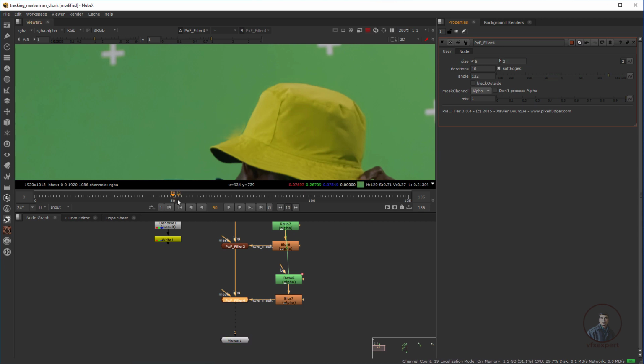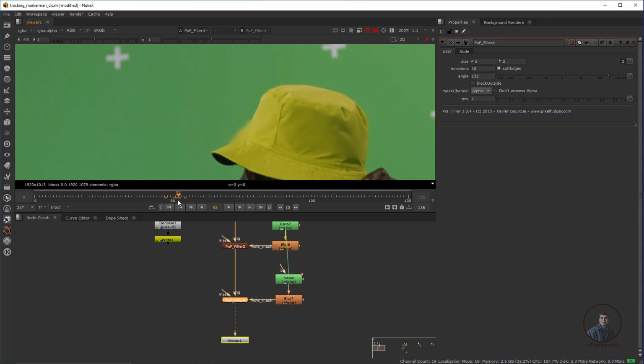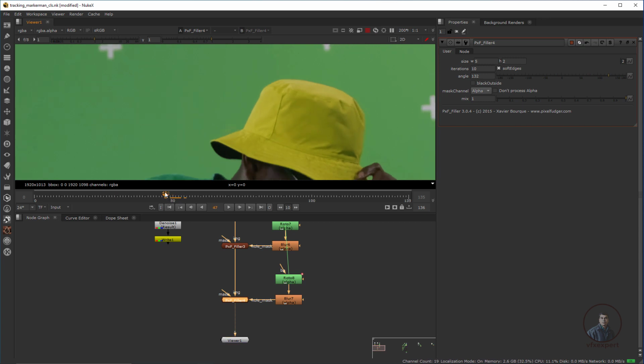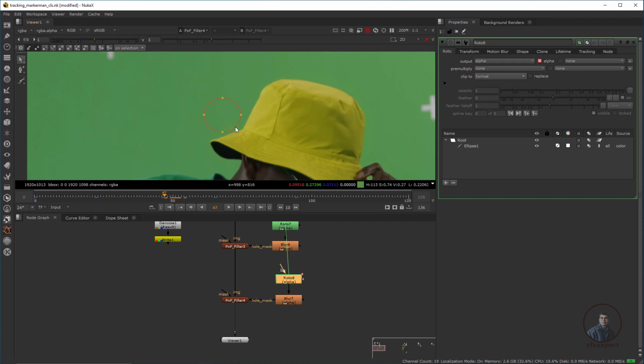Because this is interacting with our character, till frame 47 I am going to use only this roto shape. After this, we have to manually paint out this tracking marker from the shot. Double click on this roto node and select this shape. Then I am going to animate this opacity, because till frame 47 it should be 1.